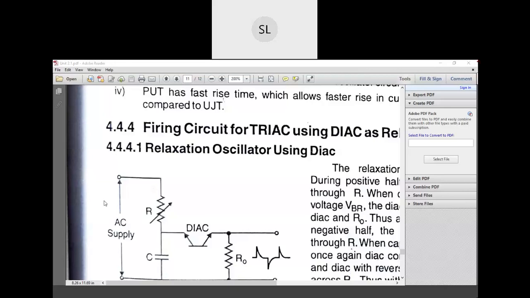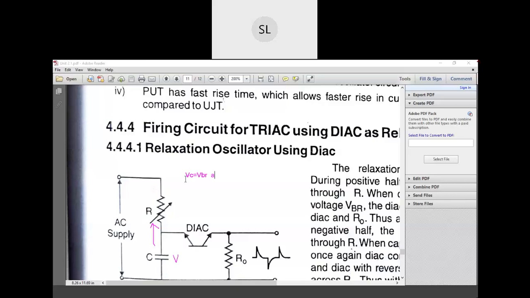During the positive half cycle of the input, the capacitor will start charging through this resistor R towards the breakdown voltage of this diac. Now once the voltage across this capacitor is equal to the breakdown voltage, VC is equal to VBR, that is the breakdown voltage of this diac,